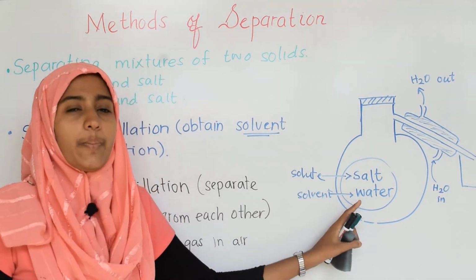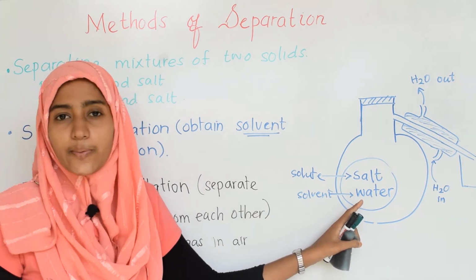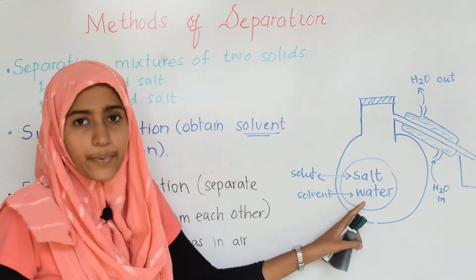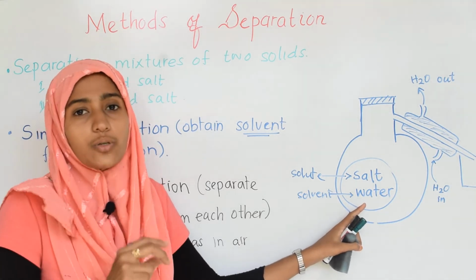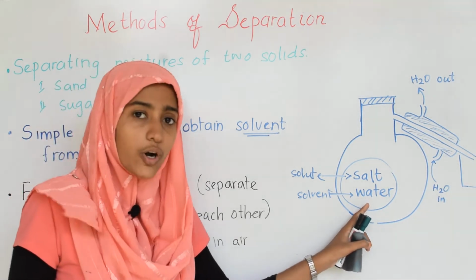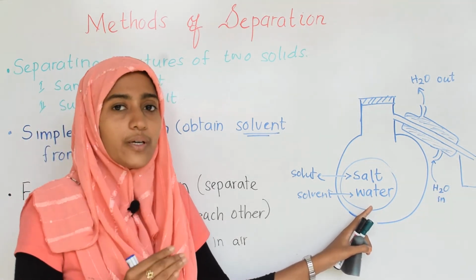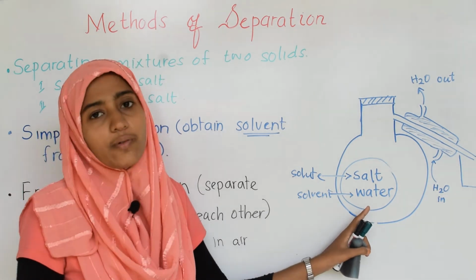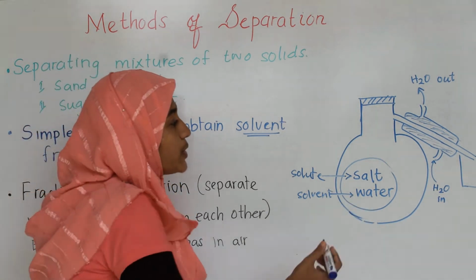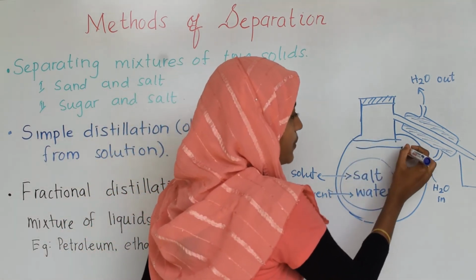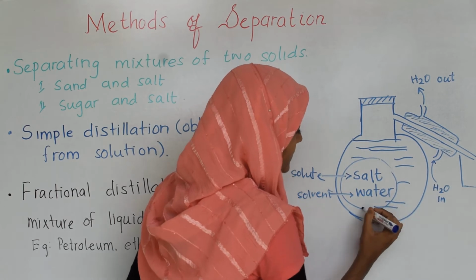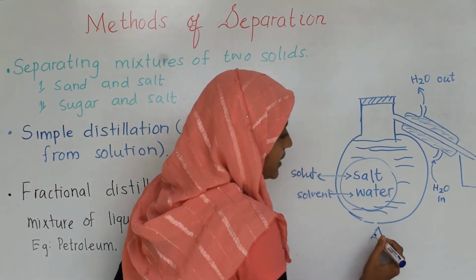Now for example, in some Middle Eastern countries, this is how they get distilled water for various purposes. They're not concerned about salt, they are concerned about pure water or distilled water. So how do we extract water from either sea water or whatever salt water that we have? Now in this case you have this salt water solution. So what we do is heat it. When you heat the flask,